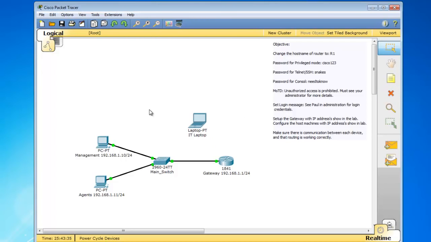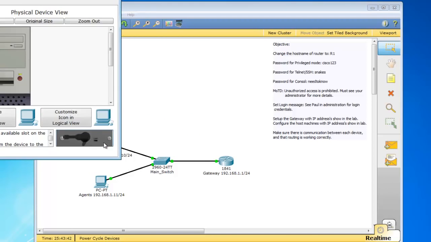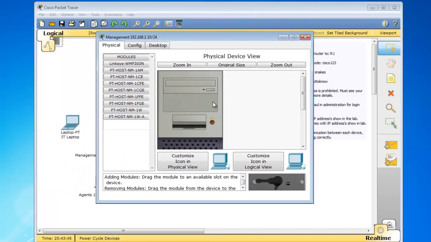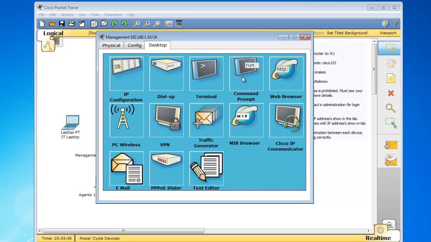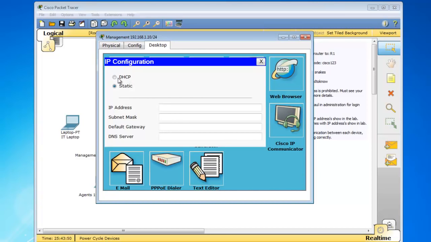We disconnect our cable and we come over here. We walk over here and we just set up this computer and we're looking at it. Alright, so we're gonna go to the desktop. We're gonna go into IP configuration. We're gonna go